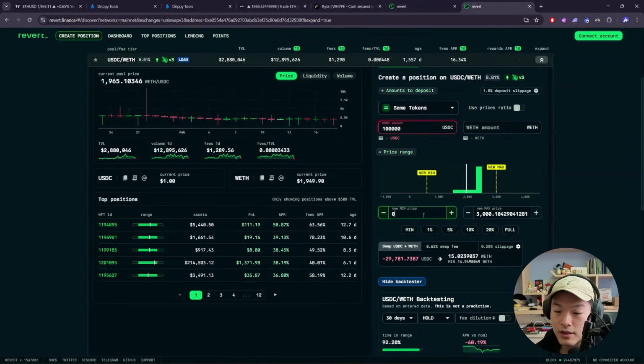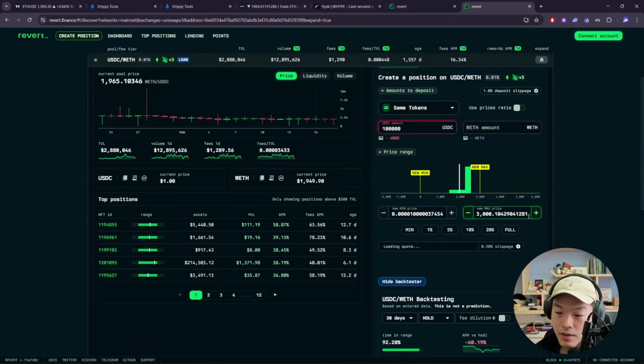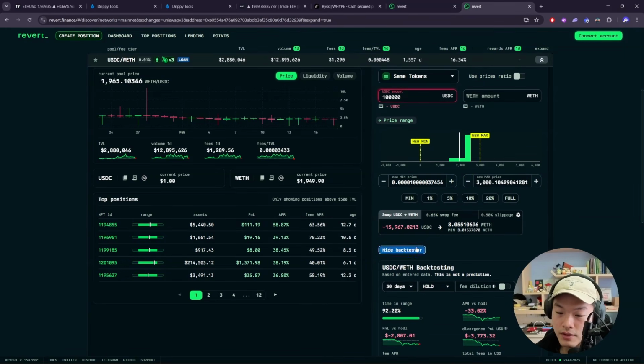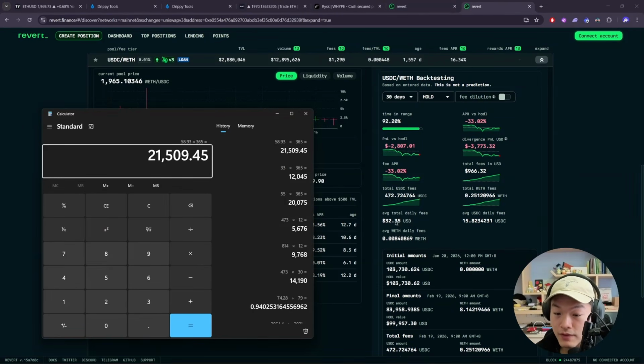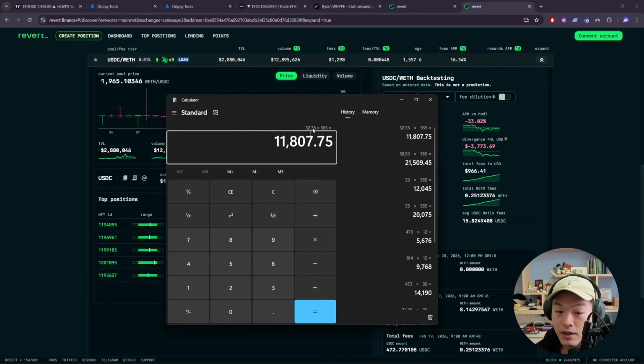Basically, I start from, let's say, zero minimum range or close to zero, and then again, max price is at 3K. There's a run backtester button here. What I can see is this average total daily fees, right? I take 32.35, multiply by 365 to get the yearly yield. And you can see the yearly yield is about 11.8%, which is a huge improvement from stuff like lending your